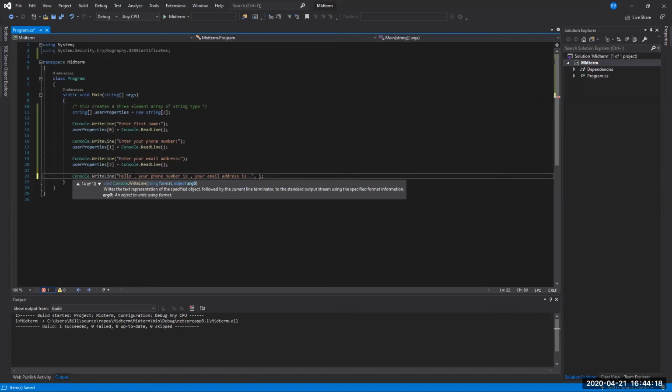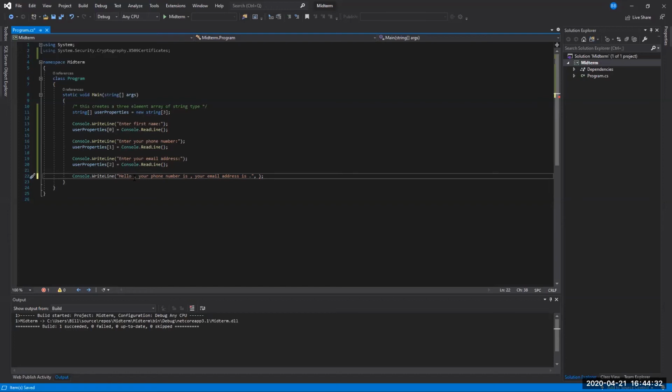So let's put in the placeholders and then we'll add the variables out to the right. So right in here, the way you put the placeholders in is using curly braces. And the value that I put in the curly brace represents,